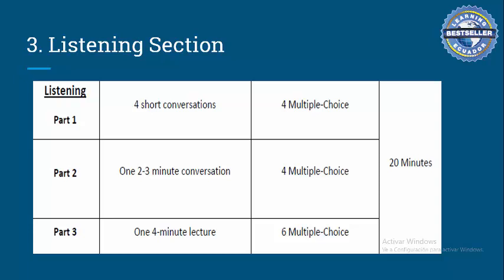So this is important. You do not need previous knowledge about the topics. All you need to do is listen attentively, and use listening comprehension strategies. Okay? Now,